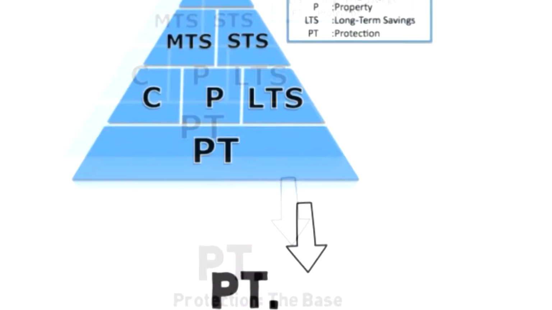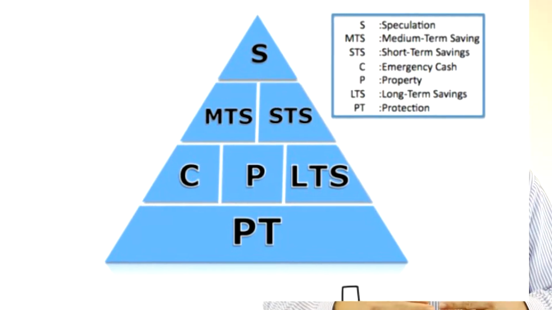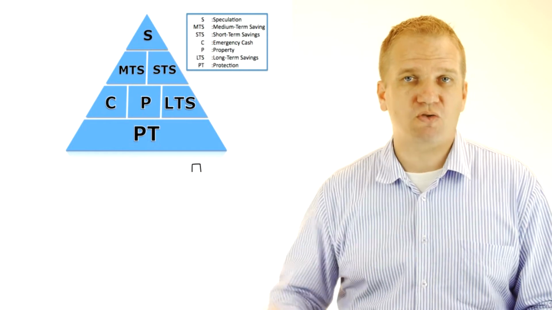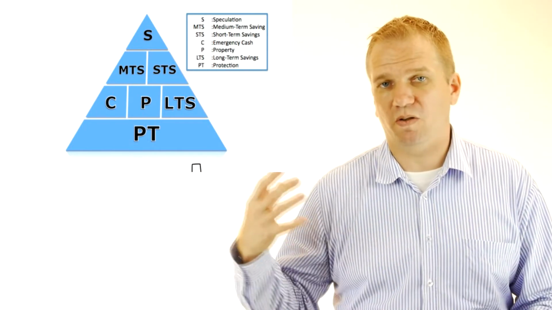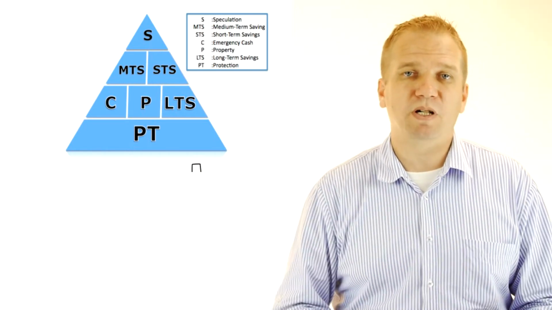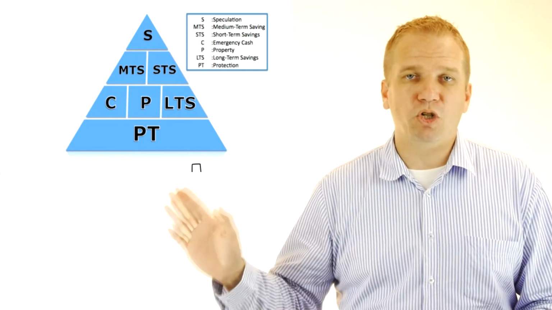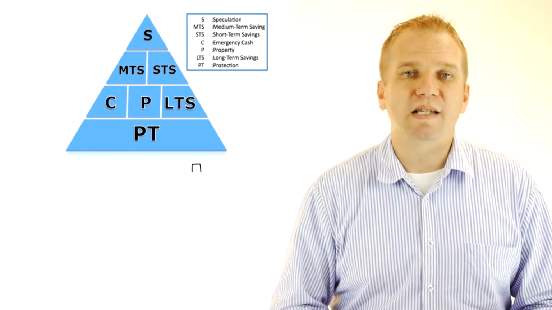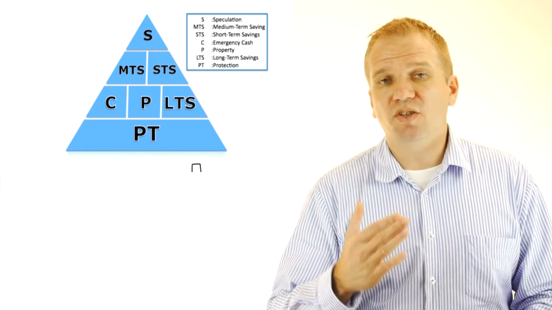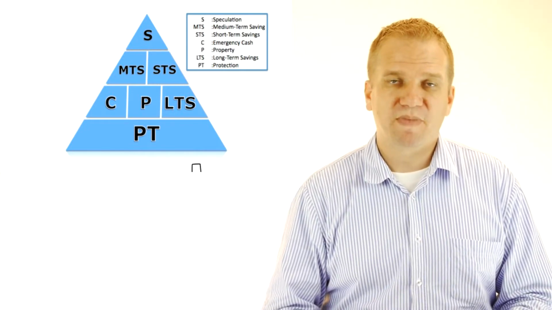Once we have addressed the base layer of the pyramid, we are moving one layer up. It's a little less important compared to the base layer, but for the overall structure of the pyramid and also of the financial plan, they are still of significant importance. In this second layer of the pyramid, you will find three items that we will need to address. One of it is emergency cash. The second item is property, and typically attached a mortgage to a property. And the third item in this layer of the pyramid is long-term savings.